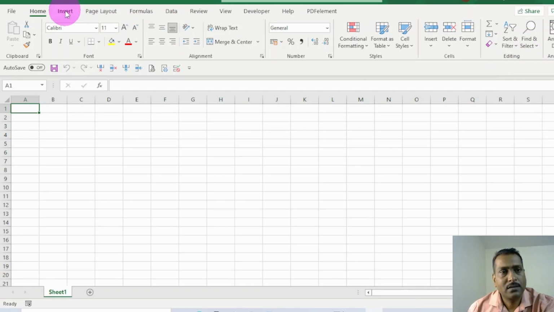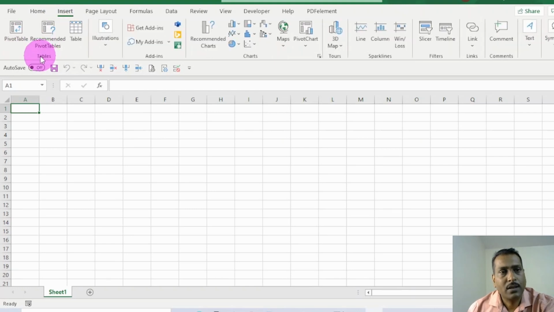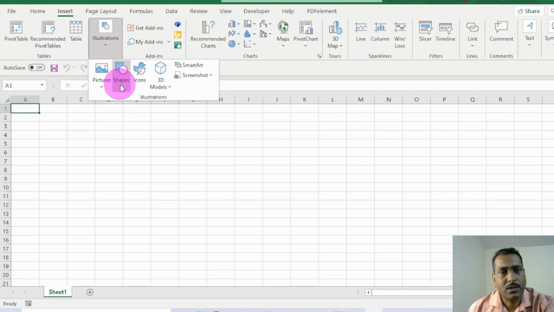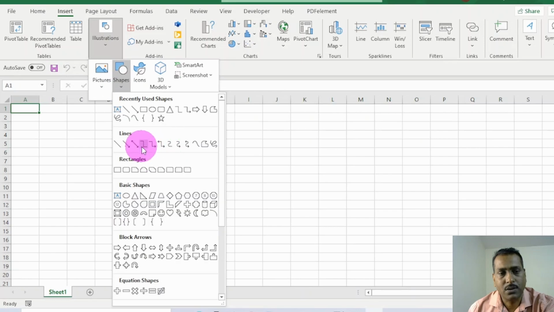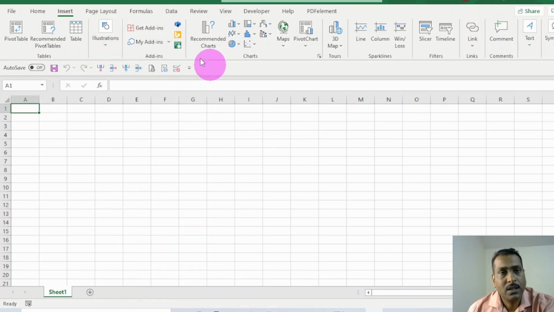The second tab, the insert tab. Here you can insert pivot tables, you can insert shapes. You have various shapes available to you to insert into your workbook. If you are creating a flow chart, you can create it in Excel. In fact, I have one template made available to you on how to use Excel to create a flowchart. You have different add-ins that you can add to your workbook so that you can further enhance the capabilities of